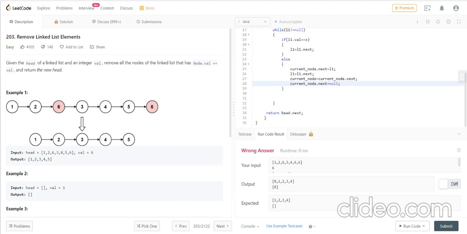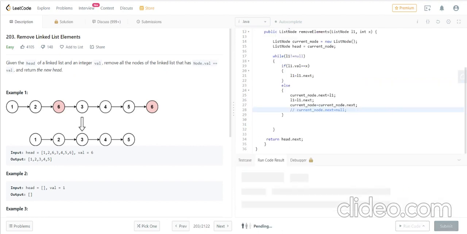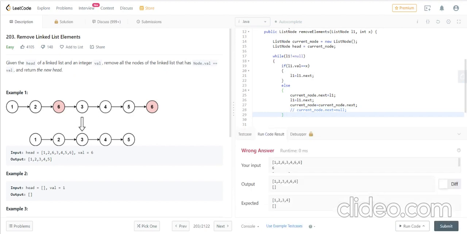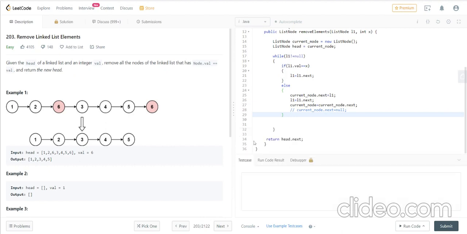And the second thing I was saying is current node.next equals null. Here an exception can occur that will give some error or a wrong result. Here what we are getting is 1 2 3. Actually, I just changed the input, I think: 1 2 3 6 3 4 5 6. Okay, so I'm just putting 5 here.